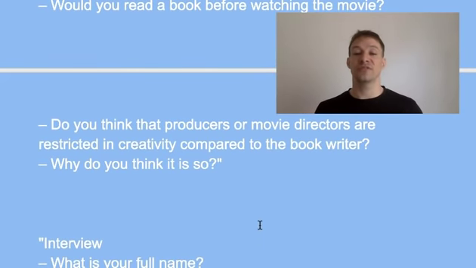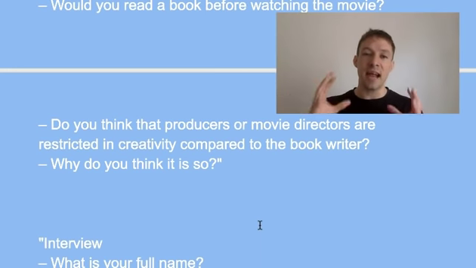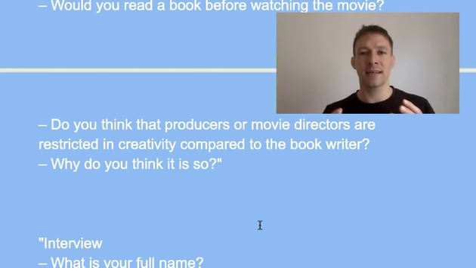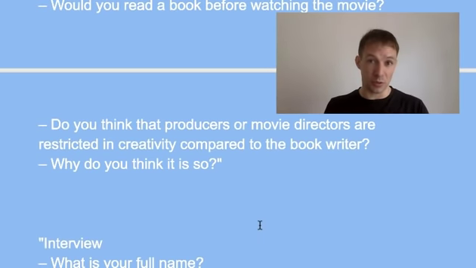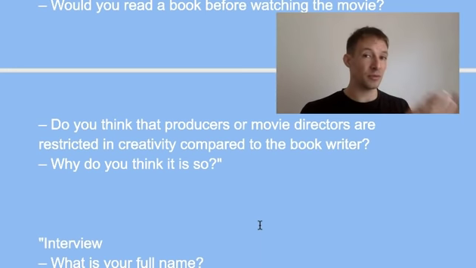Do I think that producers and movie directors are restricted in creativity compared to the book writer? Absolutely. They are absolutely restricted. The reason is because you've got free roam with the character in a book. Whereas with the movie, you have to find a physical human person who fulfills all those characteristics, and even then,